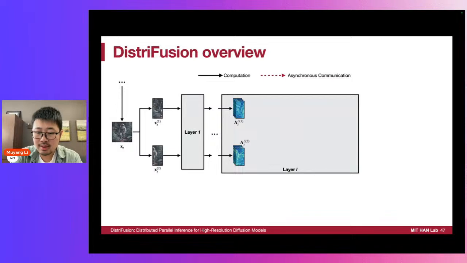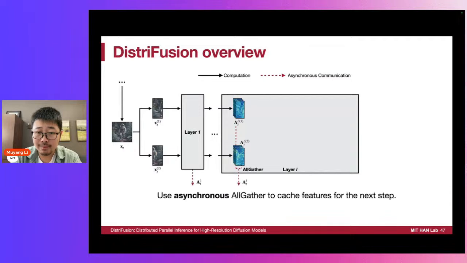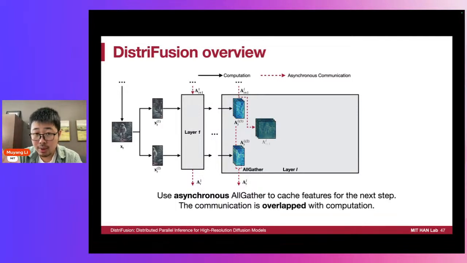We first use an asynchronous all-gather to concat and cache the features for the next step. And note that this communication is overlapped with the computation. So the current step should have already received the stale activations from the previous step.